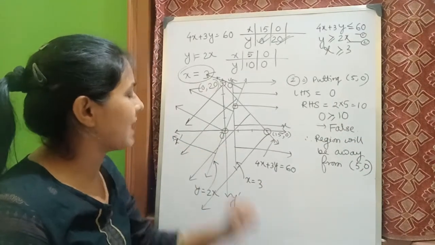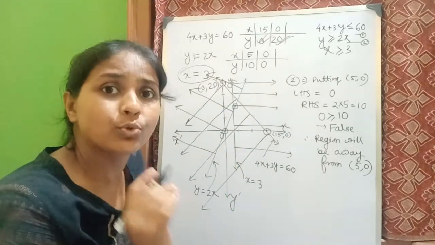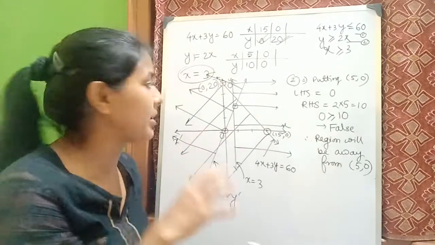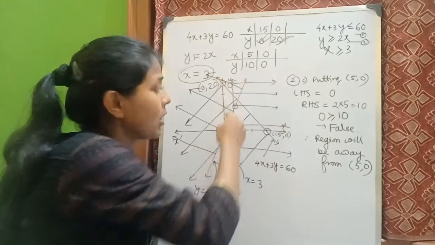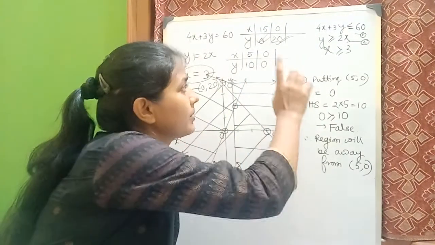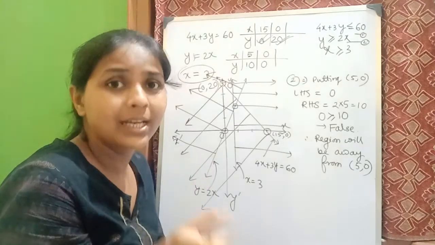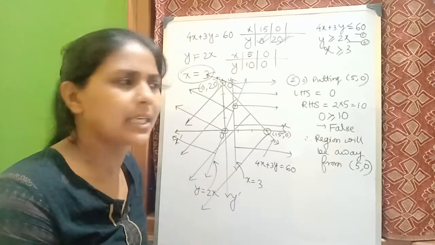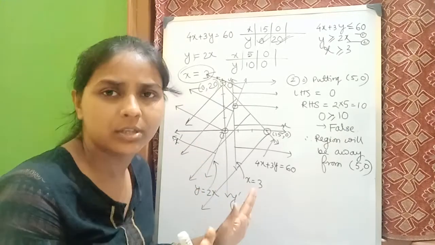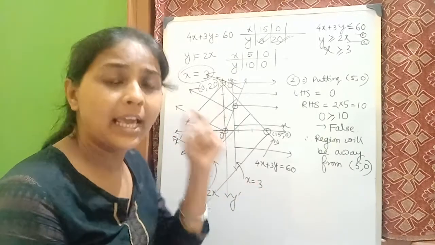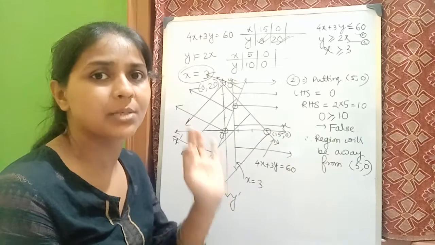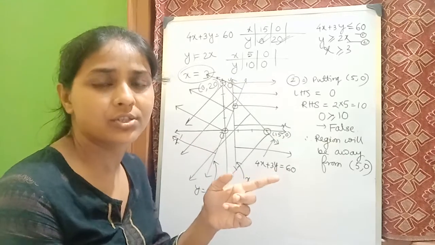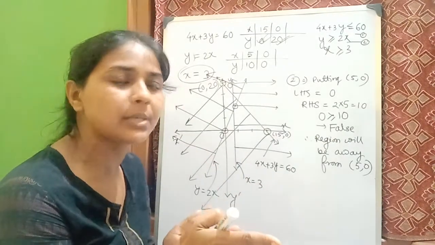Now we have to choose which part is the common part. Obviously in the first quadrant. Why the first quadrant? Because of the non-negativity constraint that I told, that x and y can't be negative. In all other 3 quadrants, either x is negative or y is negative or both are negative, which can't be taken. X and y both must simultaneously be positive if that constraint is given. So that is called the non-negativity constraint, and we need to follow that also.